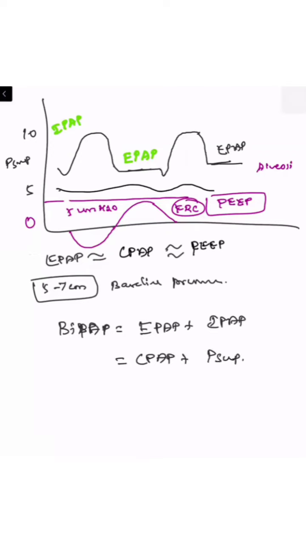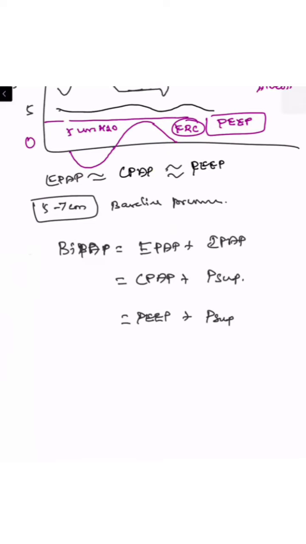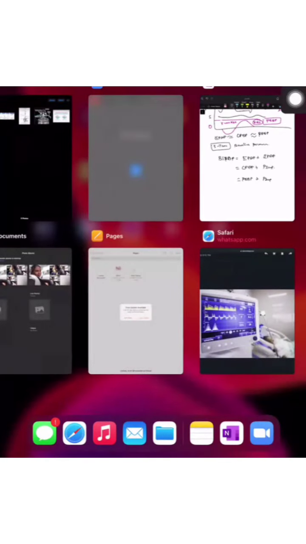So whenever you are setting the pressure support as well as the PEEP pressure, we can always substitute the CPAP with PEEP. So in the ventilatory setting, when you are setting both PEEP and pressure support, you are making the patient get BiPAP. If you are only setting the PEEP with zero pressure support, you are giving the patient continuous positive airway pressure. So this is the basis behind non-invasive ventilation.